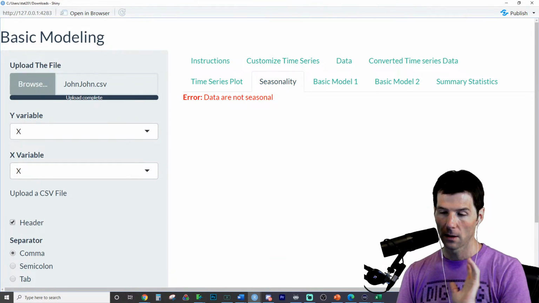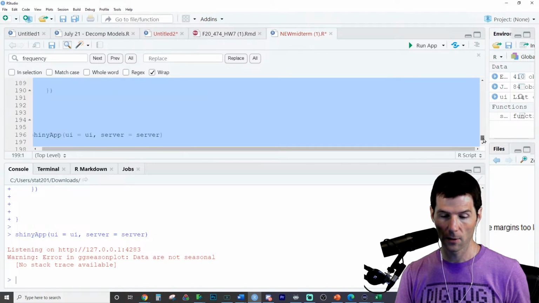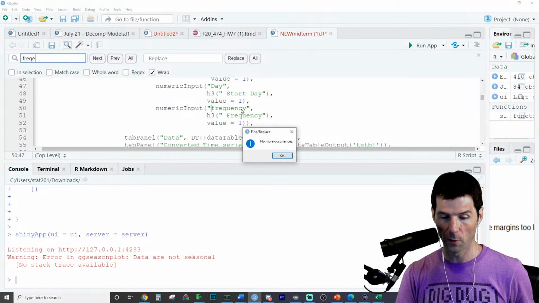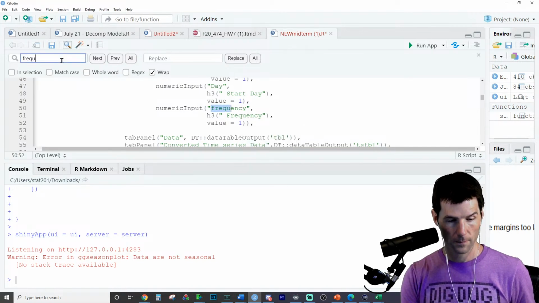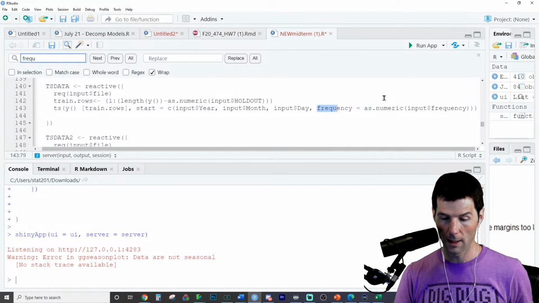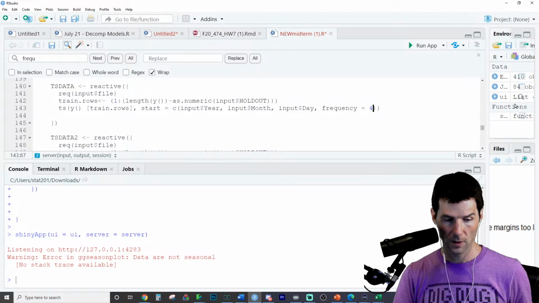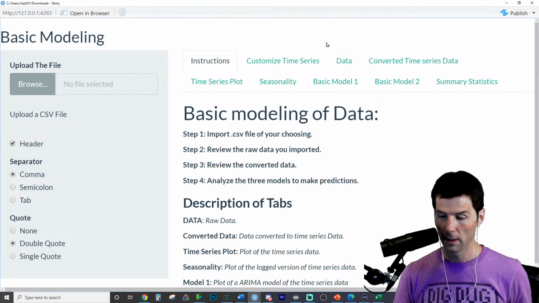Data are not seasonal. Let's hard code in a 4 just to see if it's taking it here. We're just going to hard code in a 4, because the Johnson & Johnson data is quarterly.